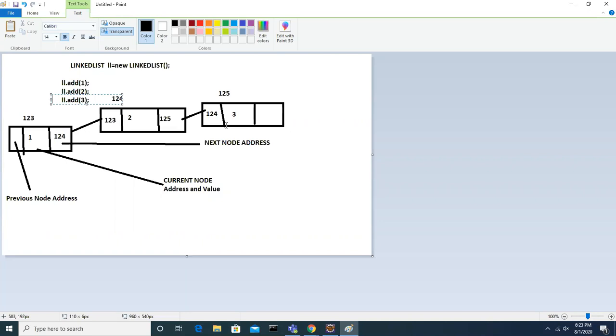It has to start from the first node, because each node to another node is a linking process, so the JVM has to identify the next node address, and based on that it keeps on identifying.